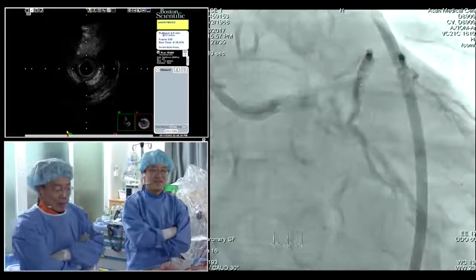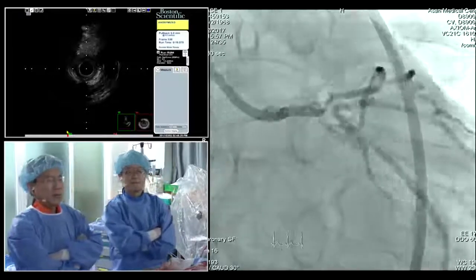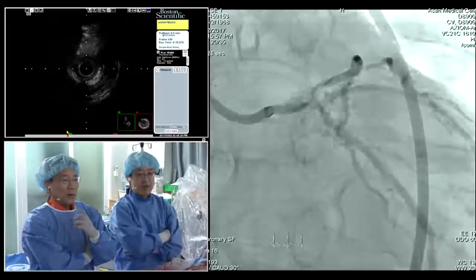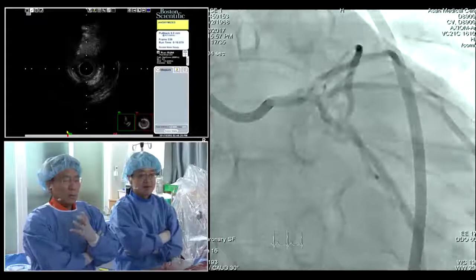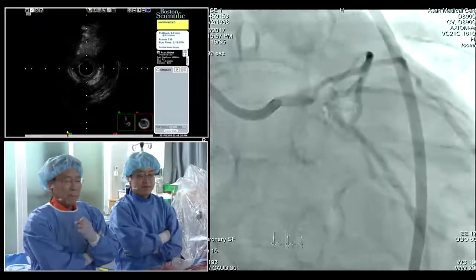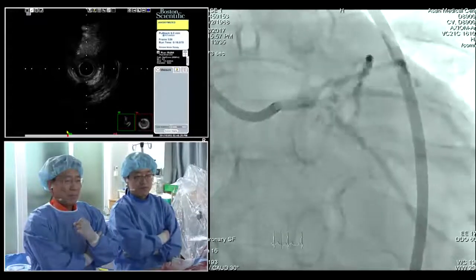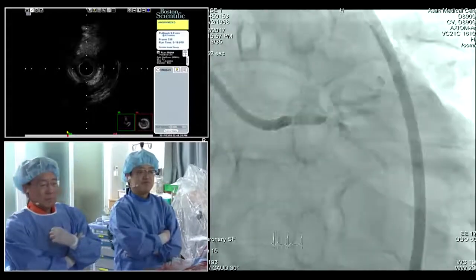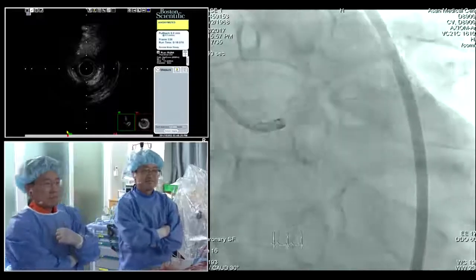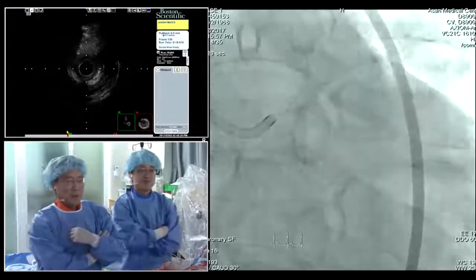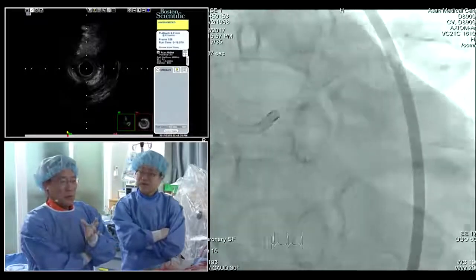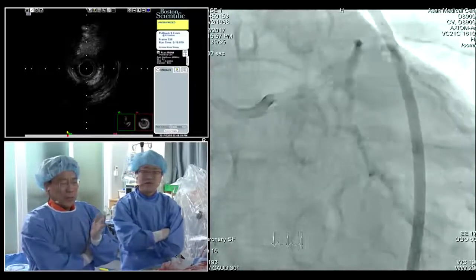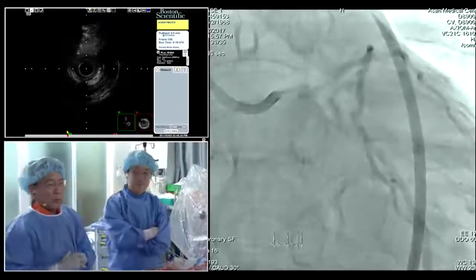Okay, so you prefer... okay, Dr. Lee. Yes. But madam, there is a significant size discrepancy between the left main and the LAD. You see, the circumflex size seems to be bigger than the LAD. Okay, go ahead. Okay, so anyways, we're going to fix up the LAD diagonal first, and then focus on the true left main bifurcation